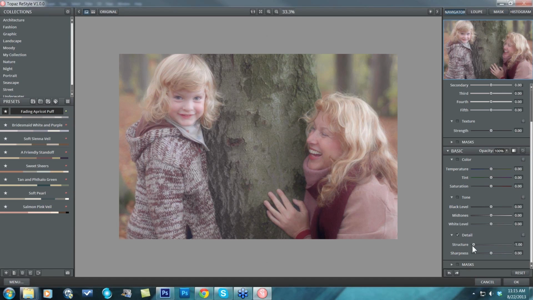And as I decrease it, I start to get a softer look about the image. Here's before, here's after, and here's after detail, or the detail adjustments, before and after. Now below that we have a sharpness slider, which you can also take to the left to soften everything up, or if you don't want that, if you want to keep the sharpness,